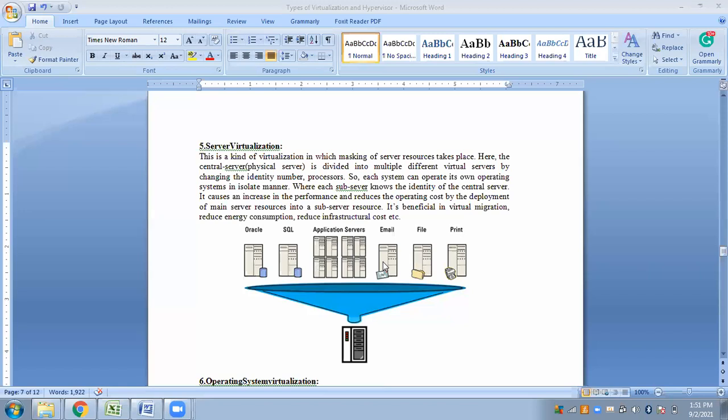ओके, सो इंस्टेड जो हमारे पास सर्वर है, फिजिकल सर्वर, डिपेंडिंग ऑन द कैपेसिटी, वी कैन ऑप्टिमाइज द रिसोर्सेज रिसाइडिंग इन दैट सर्वर by virtualizing the environment. So we can have our own virtual machines on top, deployed on top of this. Okay, and each virtual machine now can act as different servers depending on the client need, whatever. Okay, so this is what server virtualization is.